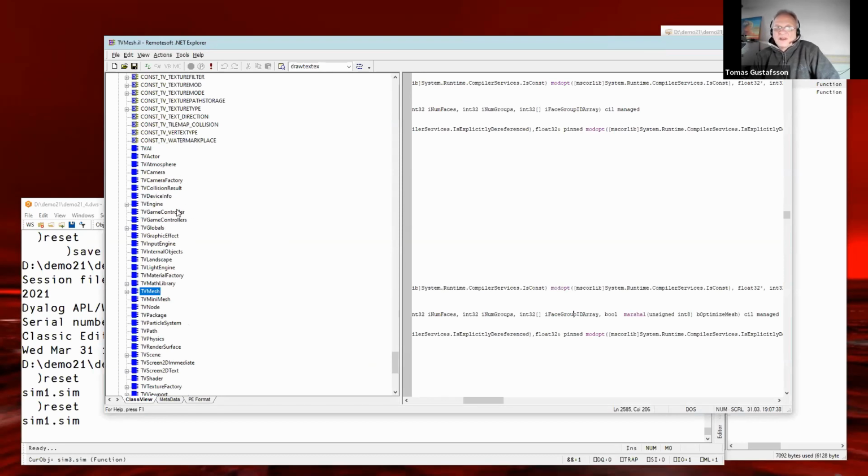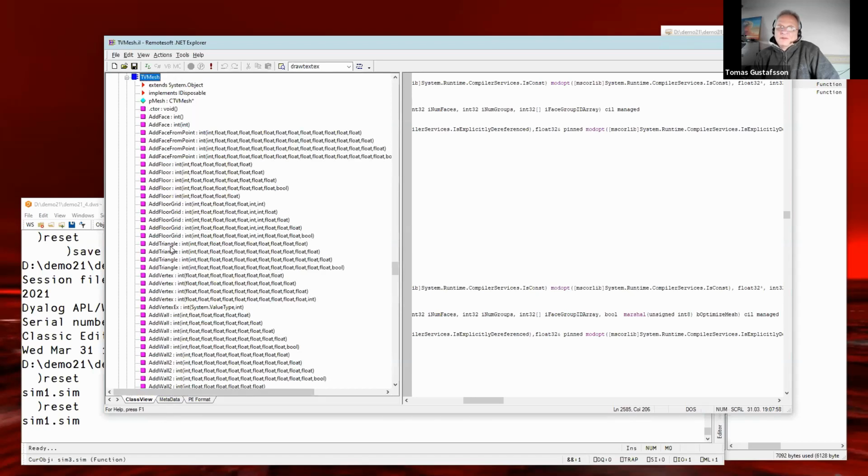I cannot increase that, but these are the elements inside the engine called TV engine, TV mesh, TV physics, TV math library, and so on. And inside you can see the methods. This engine only has methods, no properties, so everything happens over a method call.